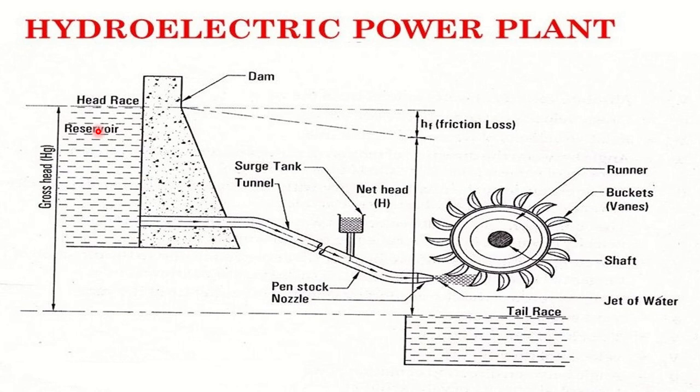So in this entire diagram we have some important components to be remembered. First is the storage system where the water is stored. Next you have the dam, which you build across a river so as to stop the water. That's how a reservoir is formed. Next you have the penstock, a pipe of bigger diameter which carries water from the reservoir or storage system to the inlet of the turbine. Next you have the surge tank. Whenever there is a very large distance from the reservoir or storage system to the input of the turbine, you construct a surge tank.